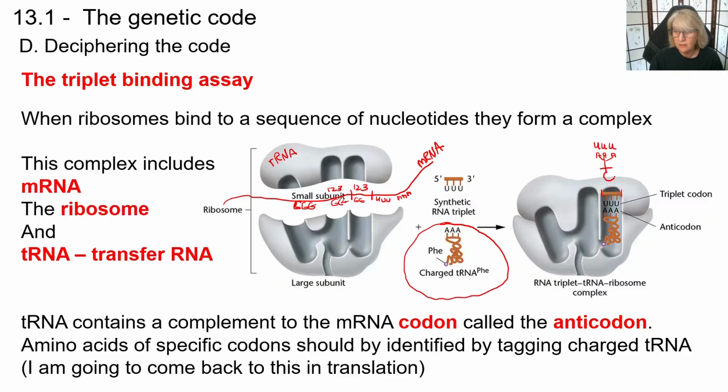On the other side of the tRNA, there is the amino acid that this triplet code on the mRNA